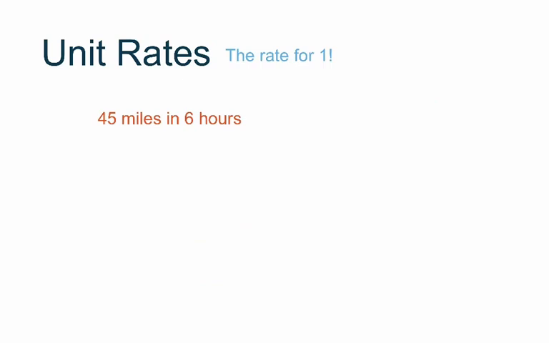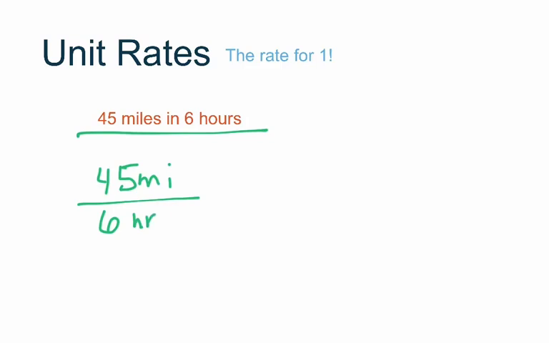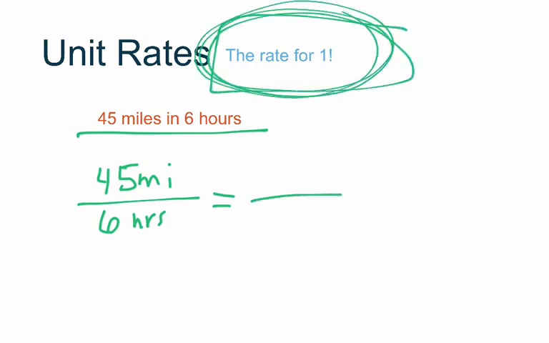For the last bit of this video, we are going to talk about finding unit rates. So in a unit rate, we are given just a generic rate. So for example, 45 miles in 6 hours. When I solve unit rates, the first thing I like to do is I'm actually going to take this rate and I am going to write it kind of in like we did ratio form or ratio/fraction form. So 45 miles in 6 hours, feel free to shorten those labels. Now, to get this to a unit rate, I know I need the rate for 1. I don't want to know how many miles in 6 hours. I want to know how many miles in